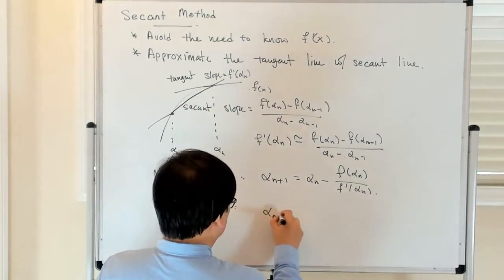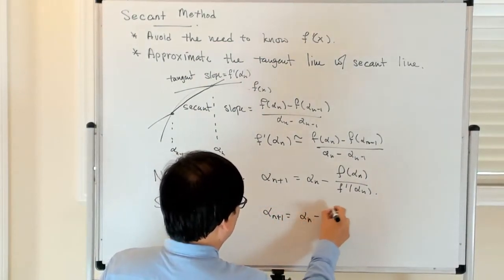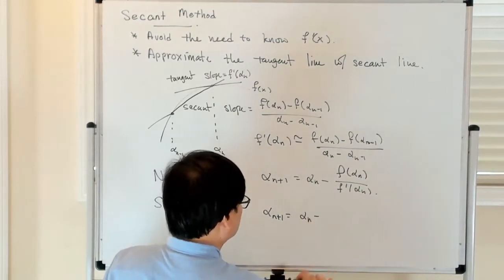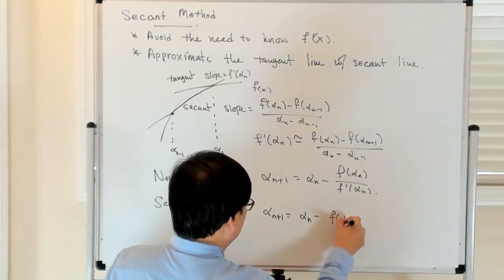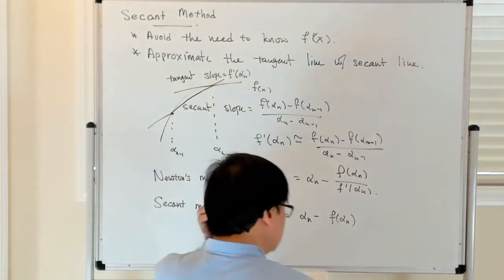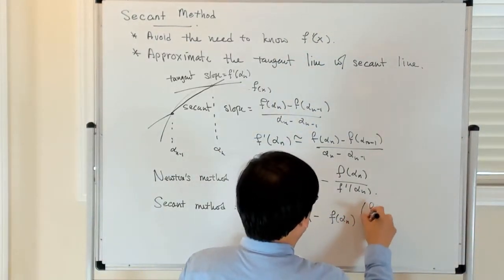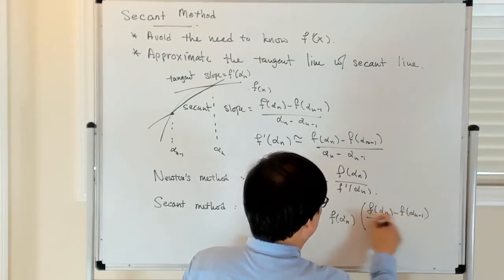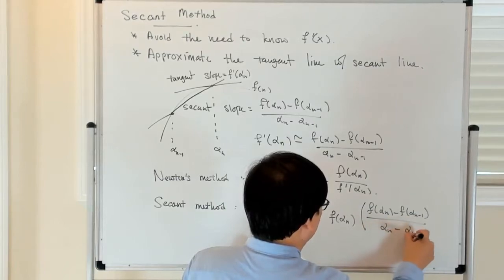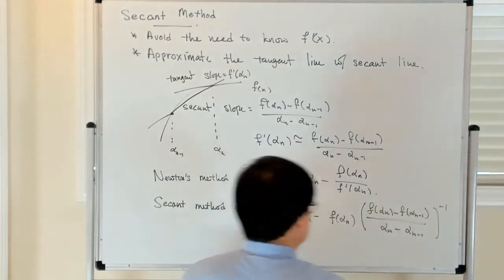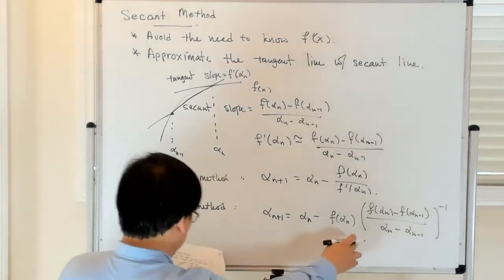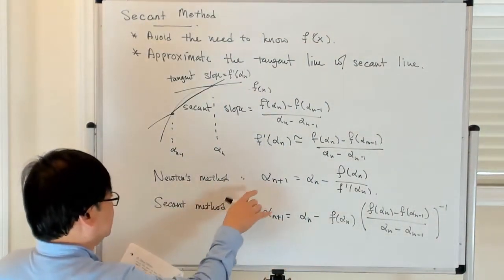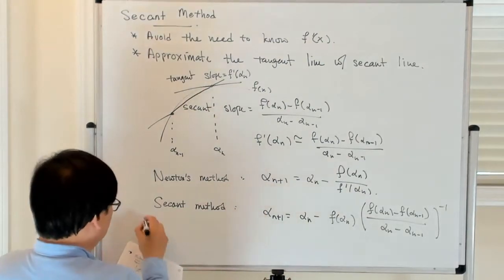So alpha n plus 1 is equal to alpha n minus f alpha n, and then the reciprocal of f alpha n minus f alpha n minus 1 divided by alpha n minus alpha n minus 1. Okay, so that's the Newton method and that's the secant method, and the remark